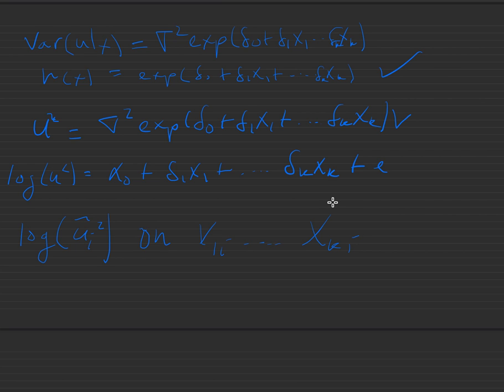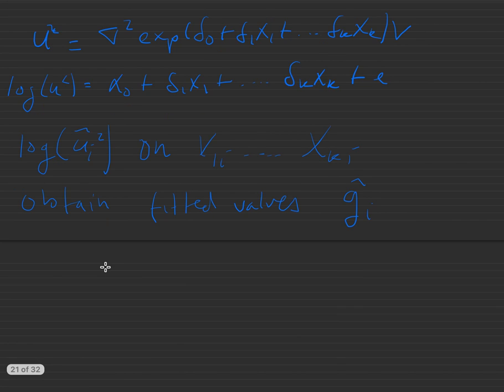We'll then obtain fitted values for the observations i equals 1 through n, call the fitted values gi hat, and then solve